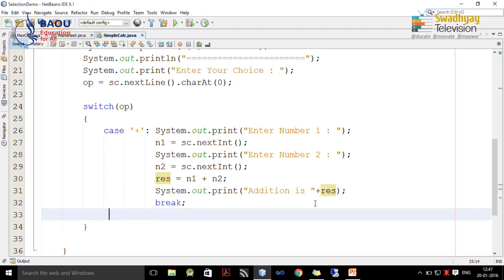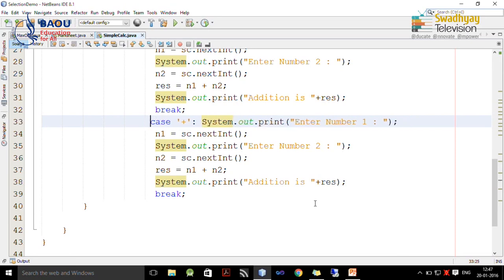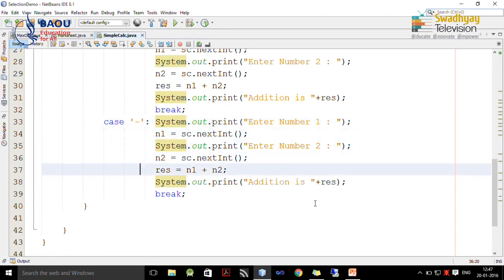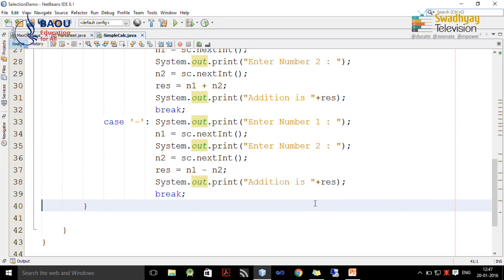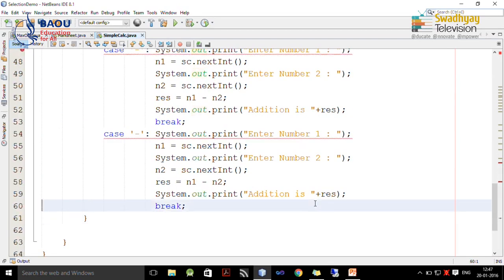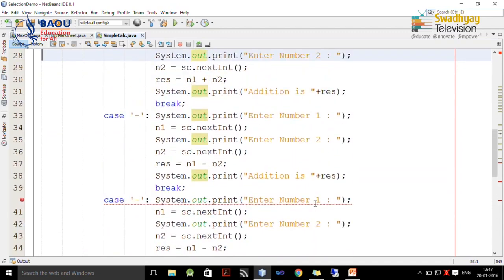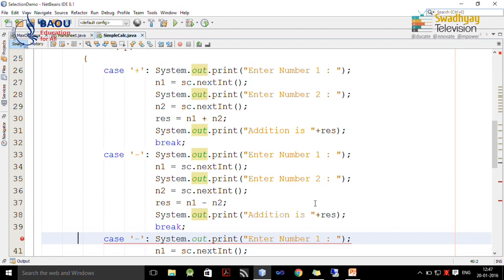Next, we copy the entire case, but this time we will change this value to minus, we read two numbers and perform subtraction. So, we have to again copy this for multiplication, division and modulo division. So, you can see all cases are similar, but the only change is in the operation.